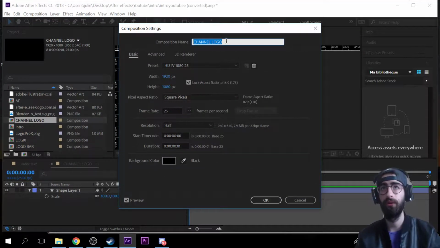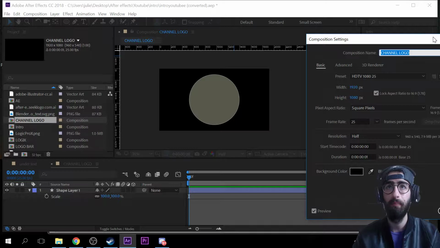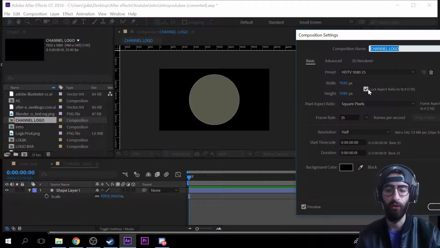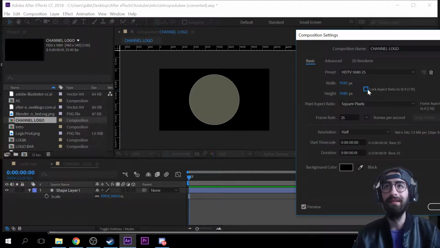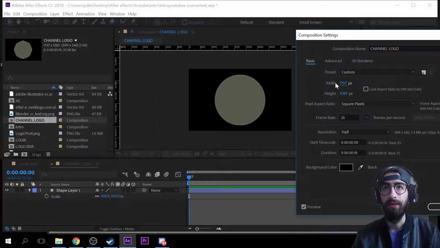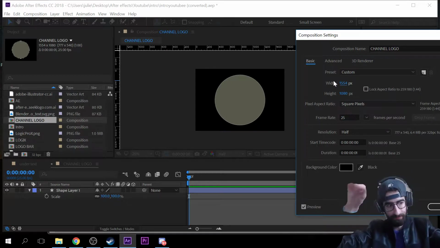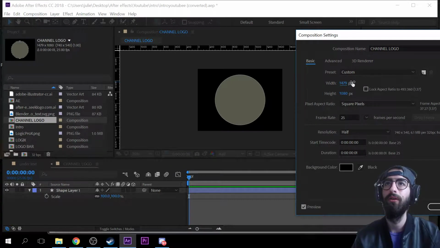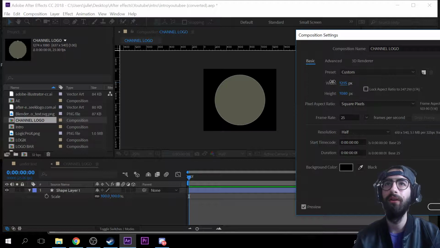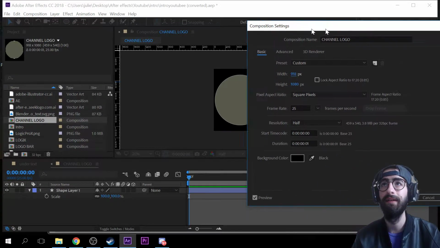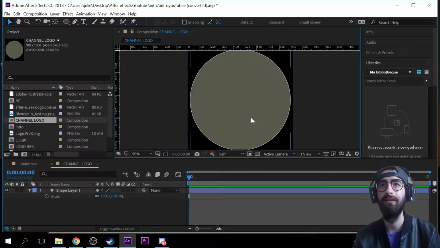Once you're in Control K, it still has your settings, but here we're going to uncheck lock aspect ratio because we don't want it to be 16:9 aspect ratio or 1.78. It is not what we want. What we want is actually to scale it down to match the exact sidelines on my logo. So let me show you exactly what it means. It means doing this like this, and this like this, and clicking OK, zooming in,